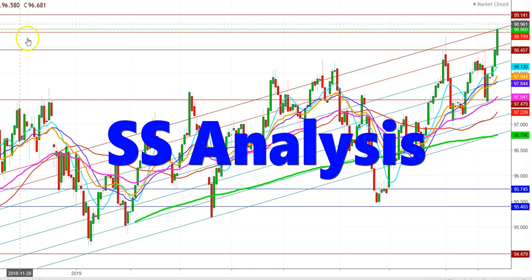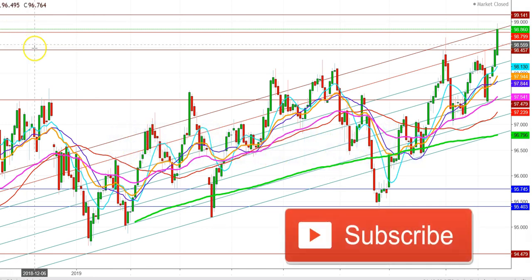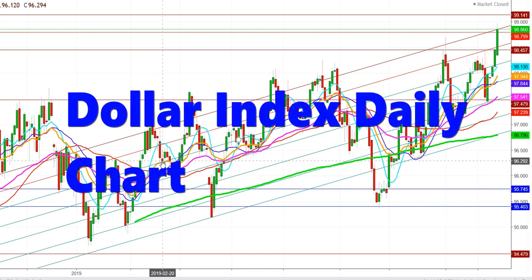First of all, I would like to tell you that today I am going to analyze the movements of S&P 500 futures in different time frames, and along with that I would prefer to speak about the dollar index and S&P 500 futures movements. So let us start with the movements of the dollar index in a daily time frame.